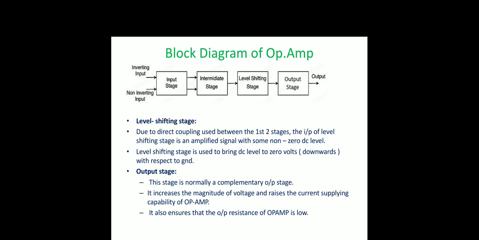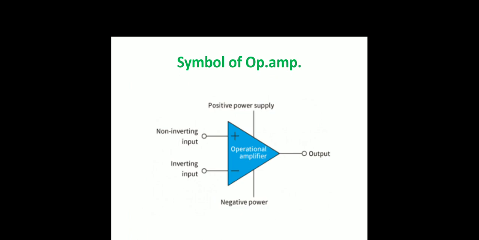In most op amps, output is single ended as shown in this figure, which is a symbol of op amp with positive and negative supplies. The single ended output is designed to have a quiescent value of 0. This way, zero input voltage ideally results in zero output voltage.